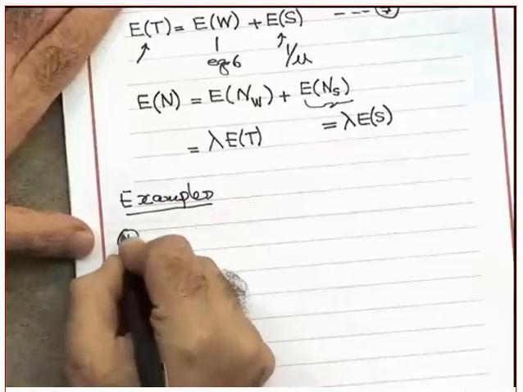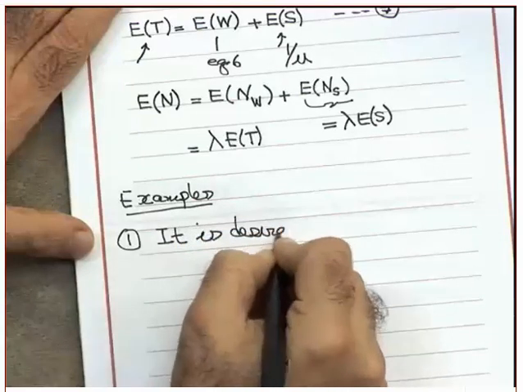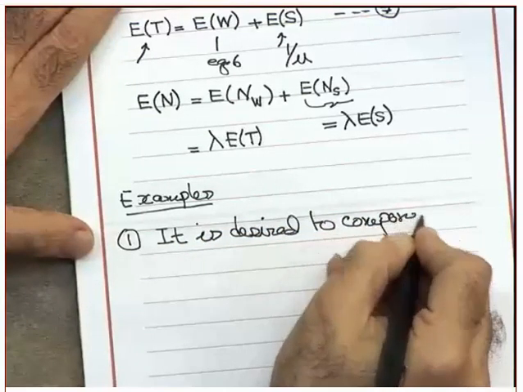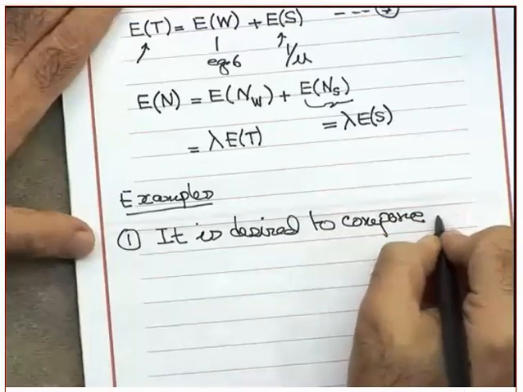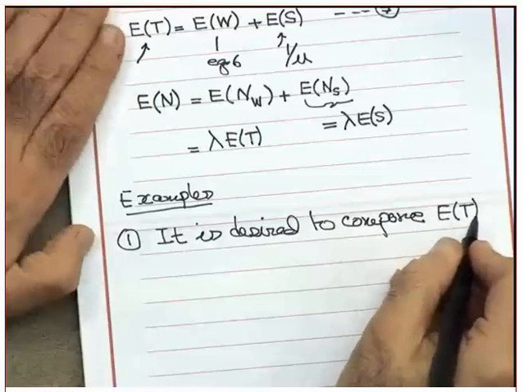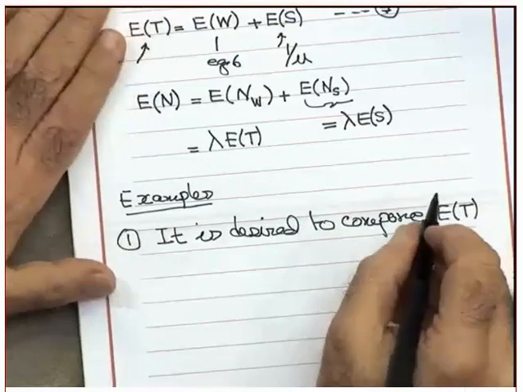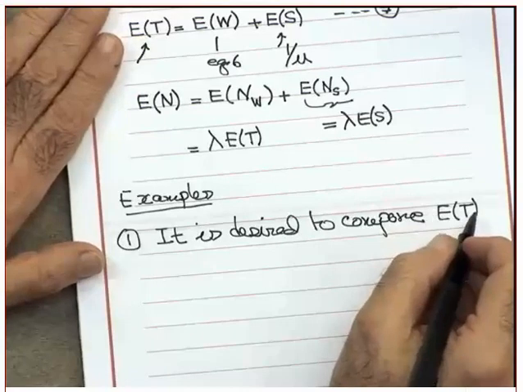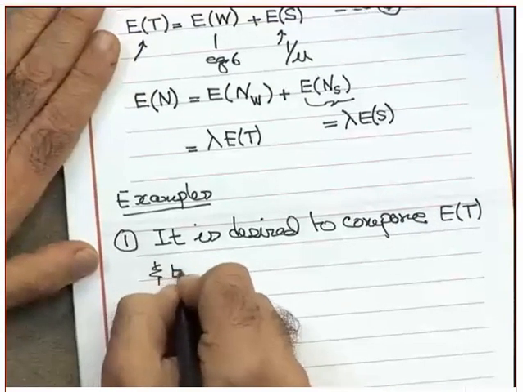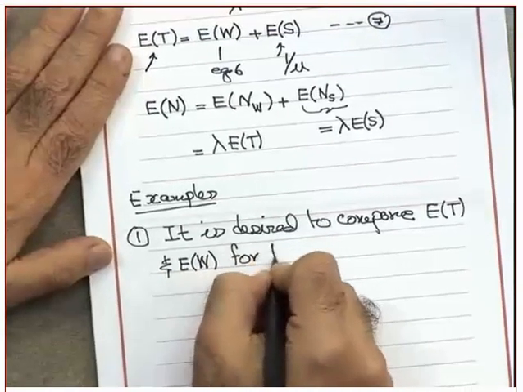Number 1. It is desired to compare the expected value. What is this E of T? ET means what? It's not ET, the extraterrestrial. ET stands for what? Expected value of what? Total time. Average time. ET and E of what? W, for the following